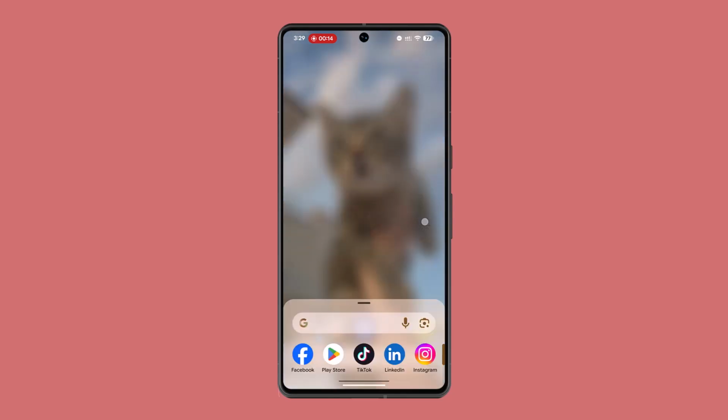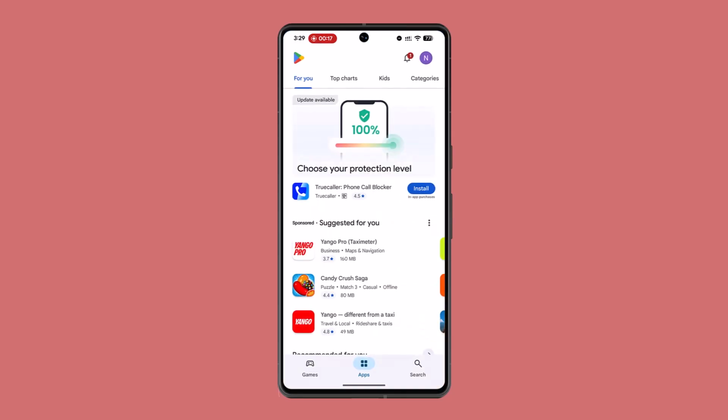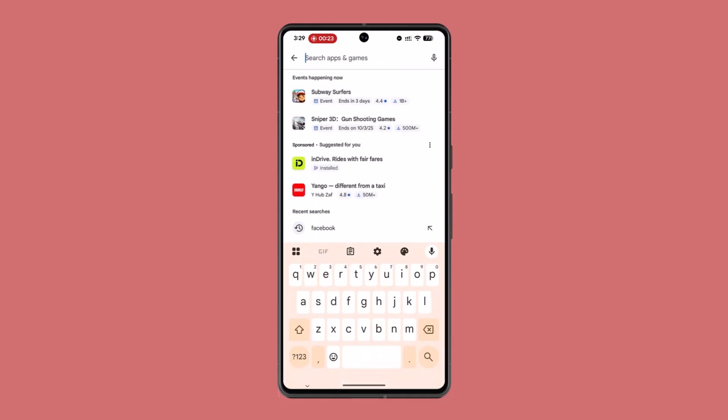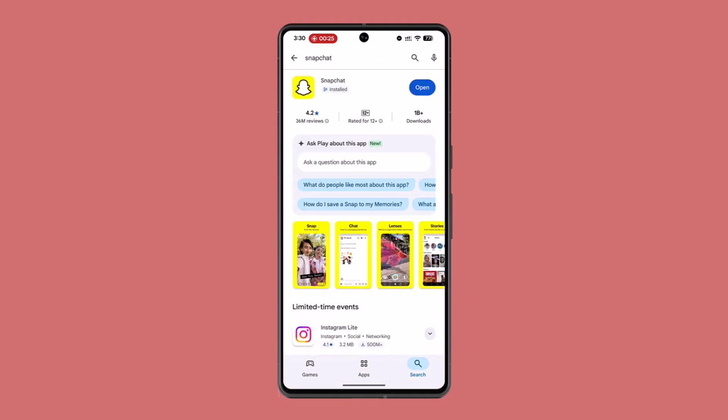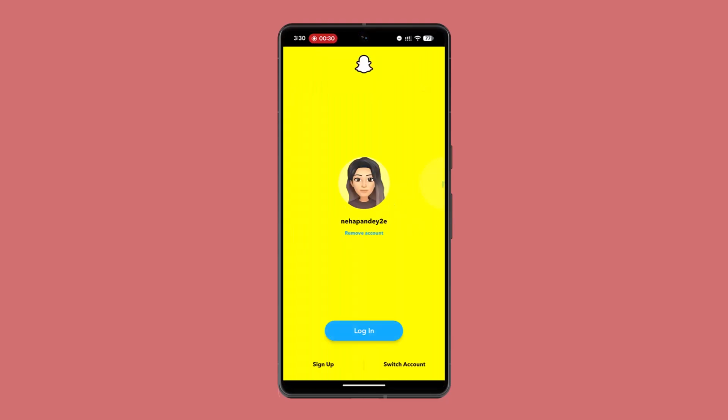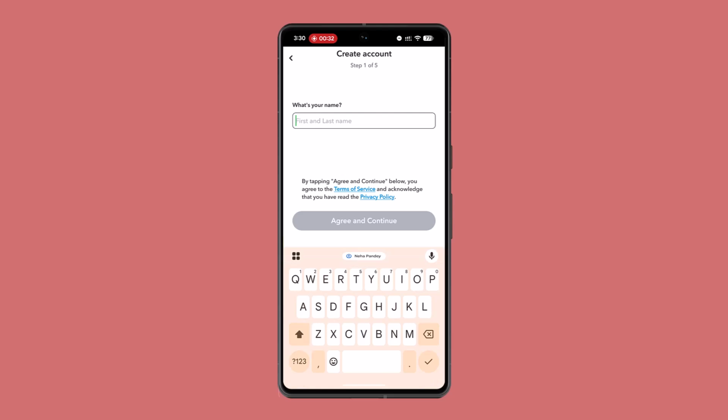On Snapchat, you need to first of all install the app. Head over to your respective app store, tap on the search bar, type in Snapchat and make sure to install the app. After completely installing, click on the open button and you simply want to click on the sign up button to